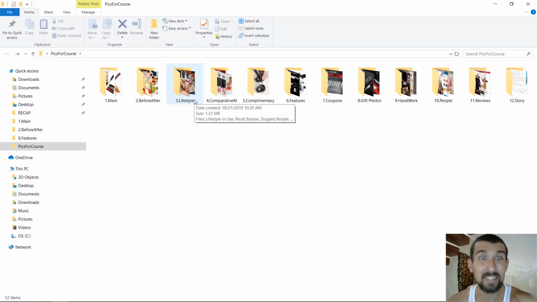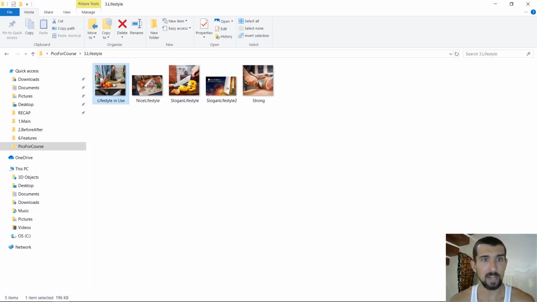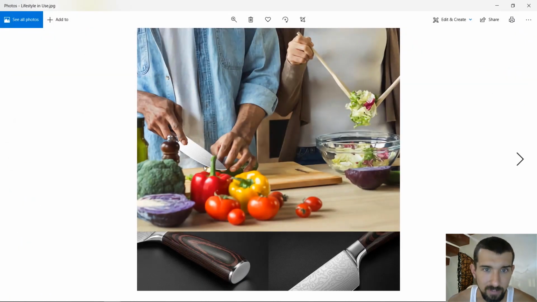Let's continue. We have the lifestyle pictures, really nice stuff. So we have the lifestyle in use. We don't have the before and after, but here people are cooking in the kitchen, it's really nice. There's a couple. This also speaks to a couple. If there's a guy and a girl and they have their own household, this picture is really gonna speak to them, because if they also cook together, then it's really awesome. That's gonna be really speaking to these customers. Remember, in the picture, you gotta speak to your ideal customer. You gotta identify him. That's also very important.